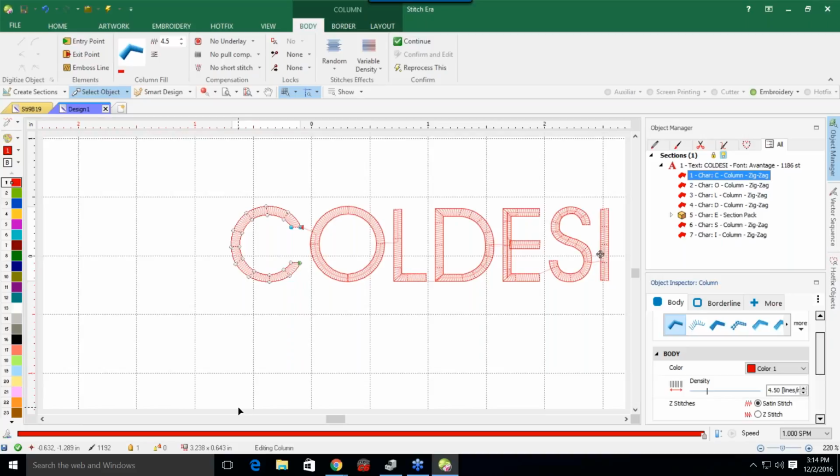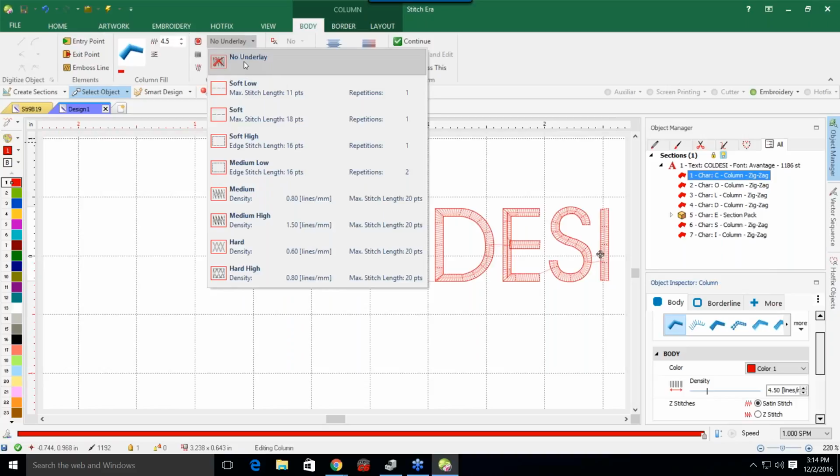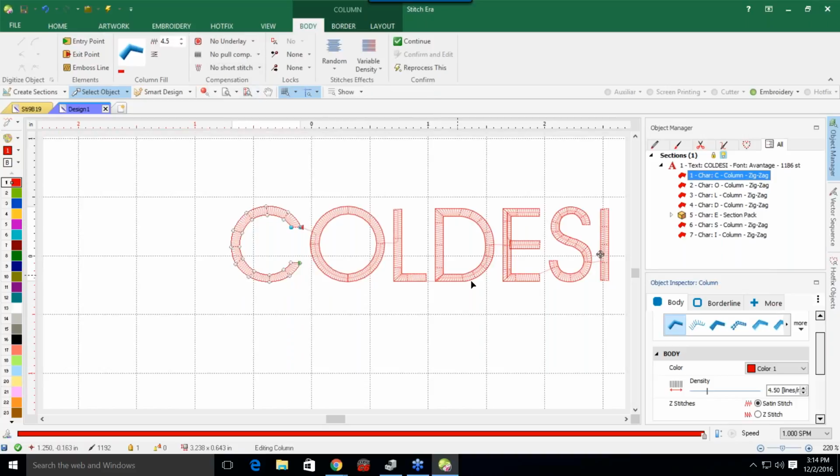So obviously you're going to squash down, right? It's going to be squeezing it. So we don't want that. So we don't want any underlay. So you're going to make sure that you go on there and you select and you make sure you have no underlay, no type of underlay. After you do that,